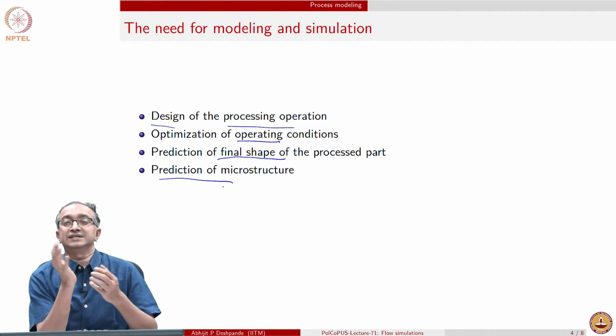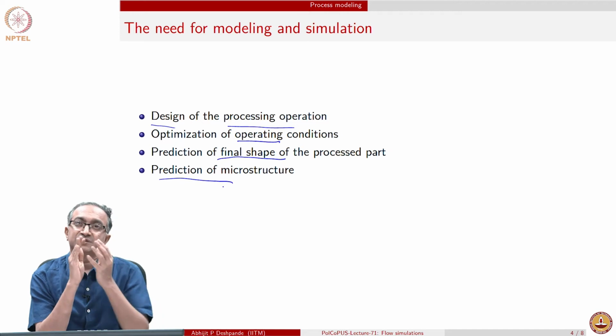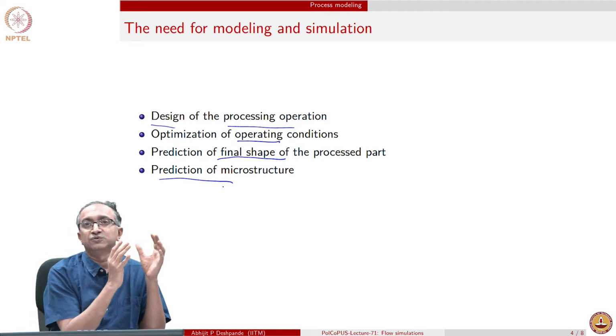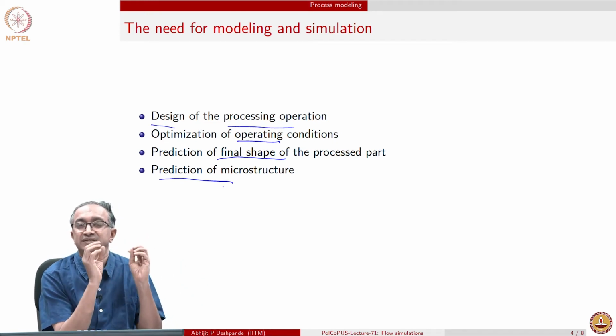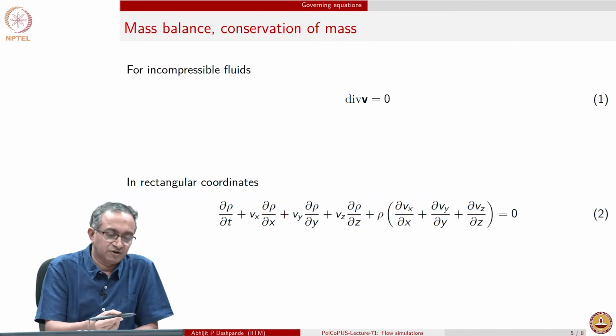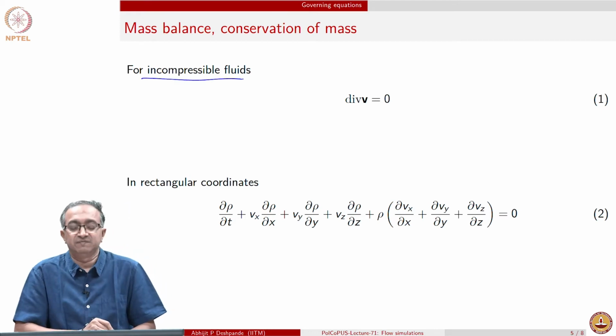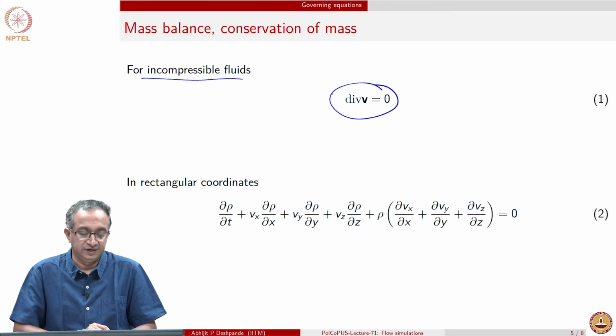So, quite often these days simulations are also multi-scale, in the sense that they try to do simulations with molecular scale for certain things, and they do bulk scale simulation with governing equations, with mass balance, momentum balance, energy balance, to get the overall idea of the engineering process. So, we will look at the equations which have to be solved, and we will largely assume incompressible fluid as far as polymeric fluids are concerned, and so divergence of velocity is pretty much the only expression that is required.